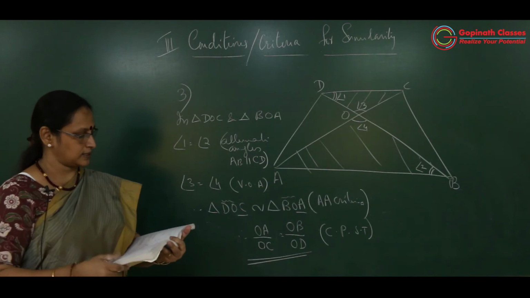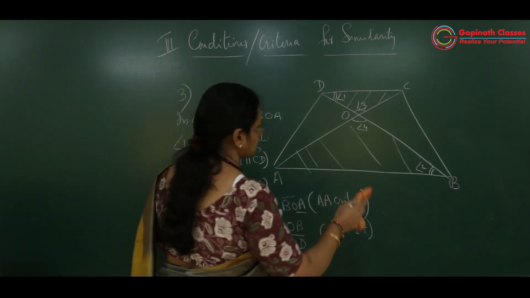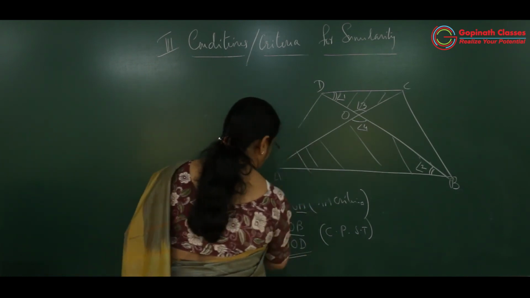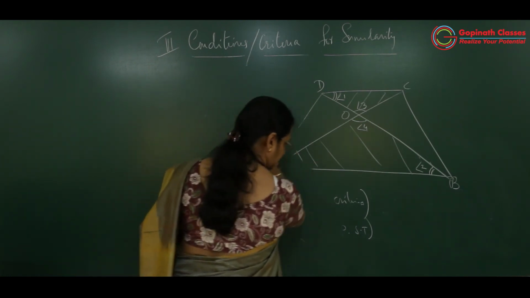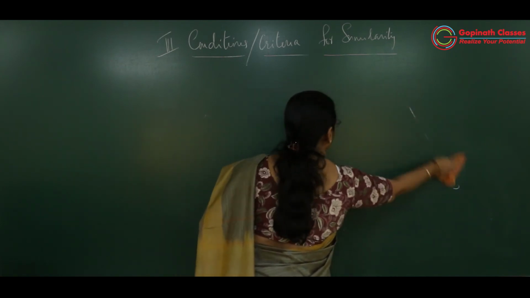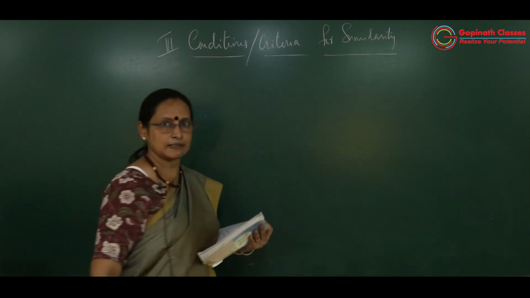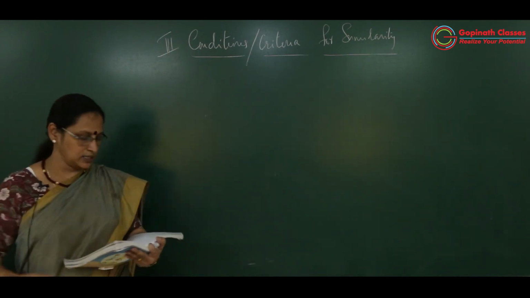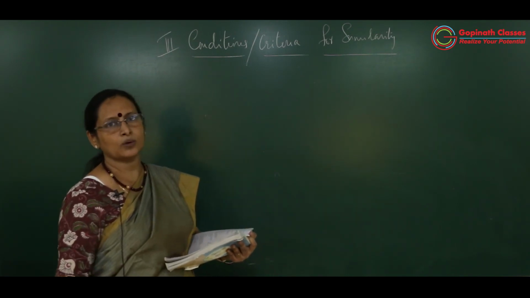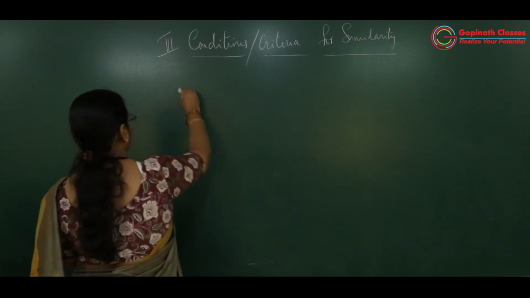Come to the fourth question. Some questions in this exercise I'll be giving you as homework, because doing 100% would be killing your imagination and thinking power. A maximum of 75% of the sums I'll do from this exercise. The remaining few questions you have to do, and in most cases it's coming AA. If two angles are equal, so it will be similar, that's all. Come to the fourth question.